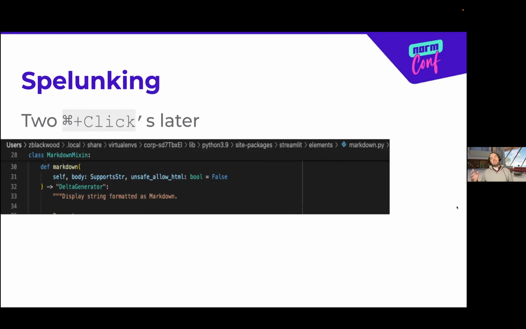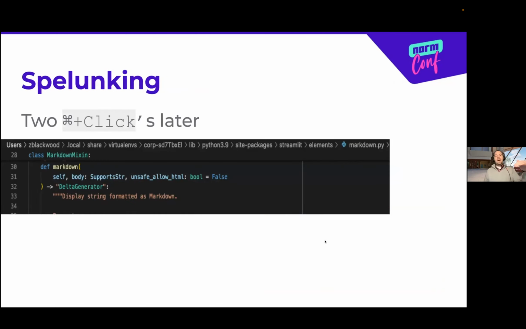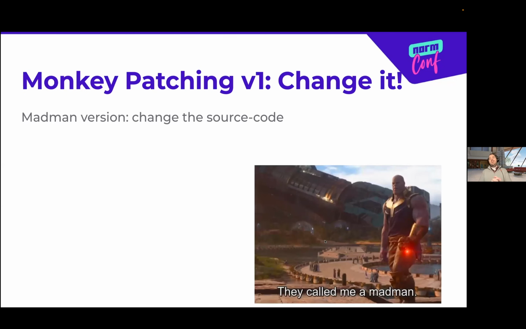And the interesting thing to me is that not only is this some abstract representation of the source code as it exists somewhere, this is the actual code that is in my virtual environment that is being run whenever I call this method, which means, of course, that I can just change the code. I could literally go into this file and say, I would like it to work this way. I'm going to edit this file with my editor, and then my code will work.